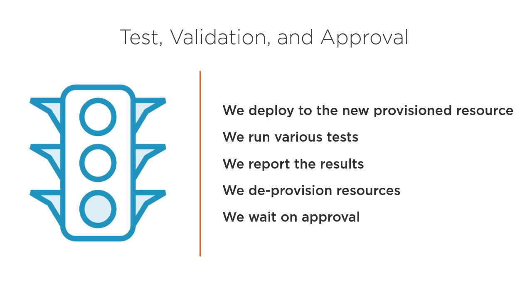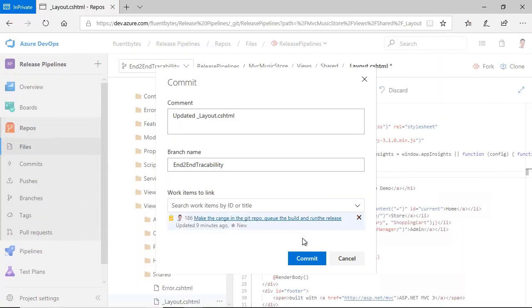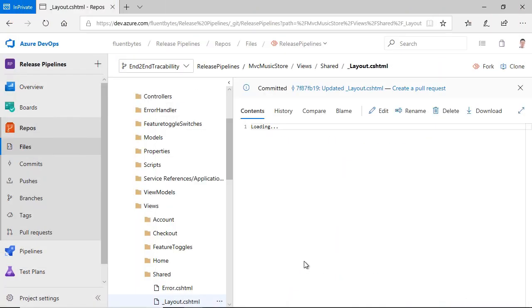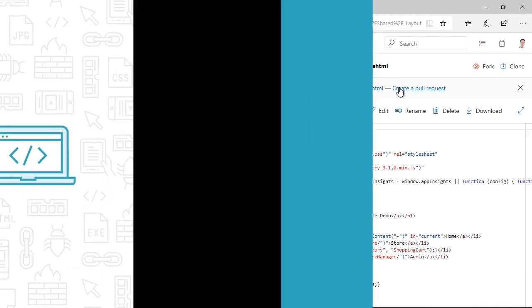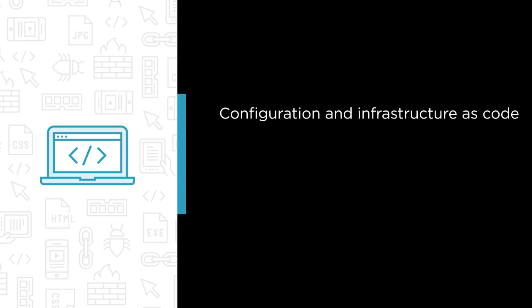We will look at a release definition, artifacts, stages, gates, agent jobs, custom release agents, and deployment groups and tasks. Next, we dive into the concept of configuration and infrastructure as code. This enables us to provision compute resources on demand, reducing costs but also improving repeatability and traceability of changes in